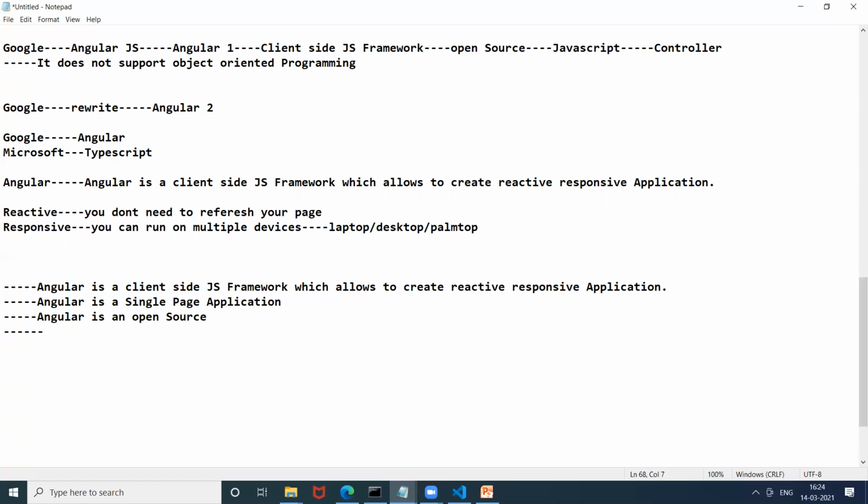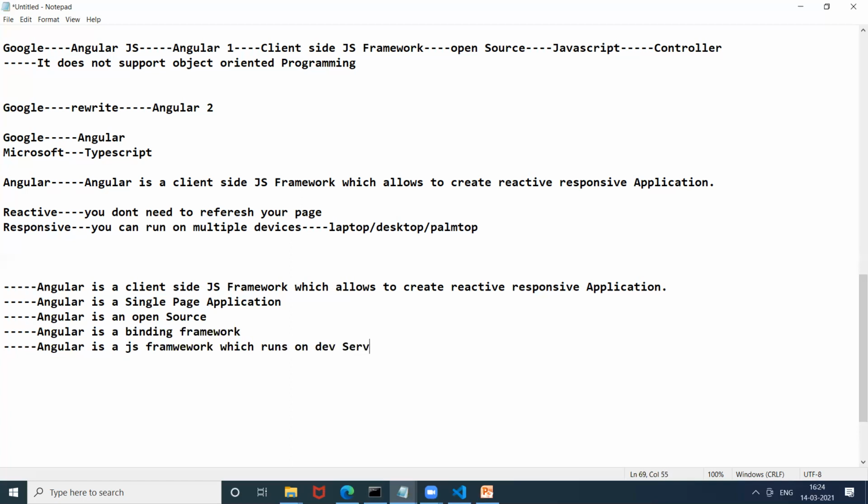Angular basically is a binding framework, right? Angular is a JS framework which basically runs on a dev server.